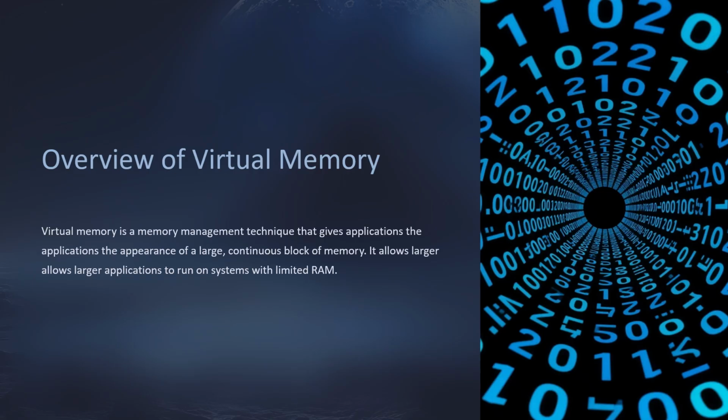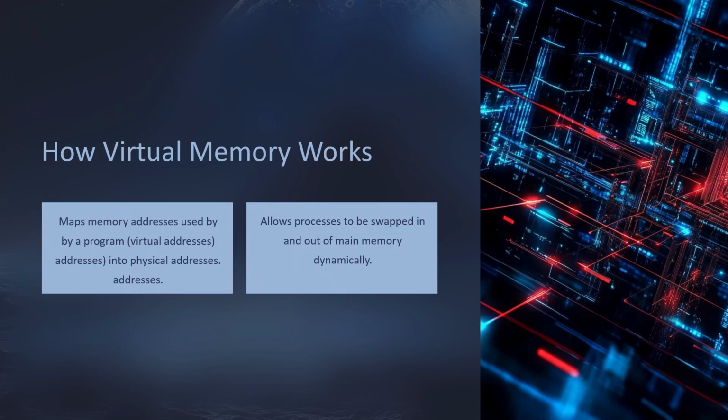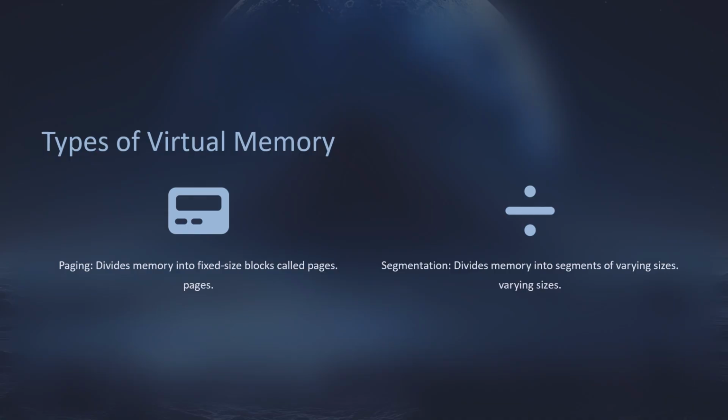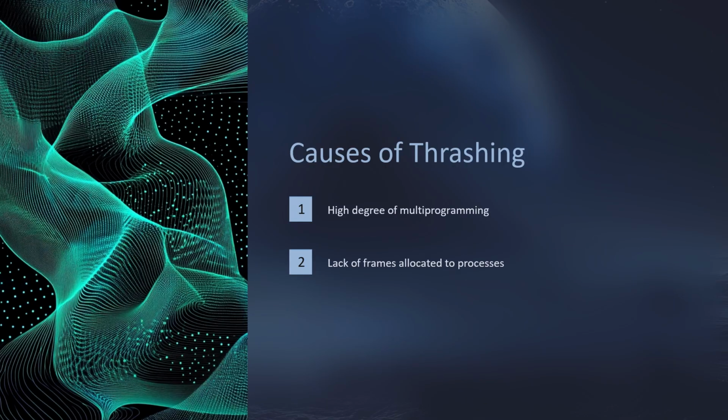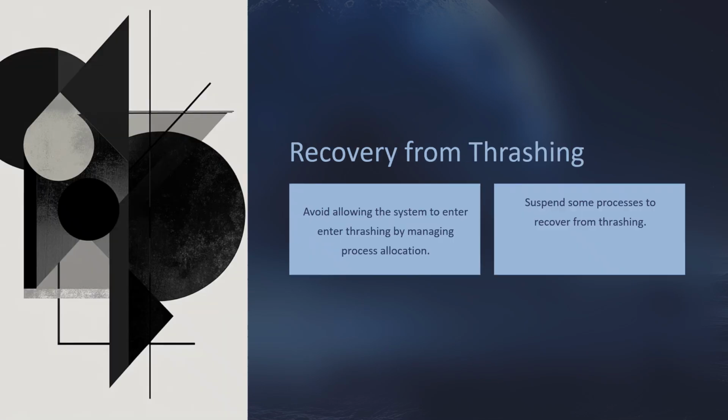Virtual memory and swapping. Virtual memory is a memory management technique that gives applications the appearance of a large continuous block of memory. Swapping is part of virtual memory. Excessive swapping can lead to thrashing, where the system spends more time swapping pages than executing processes. Causes of thrashing: a high degree of multi-programming and lack of frames allocated to the process. Recovery from thrashing: avoid allowing the system to enter thrashing by managing process allocation, and suspend some processes to